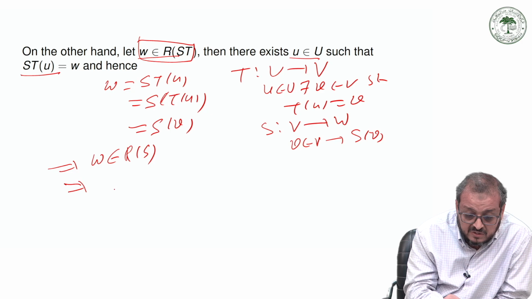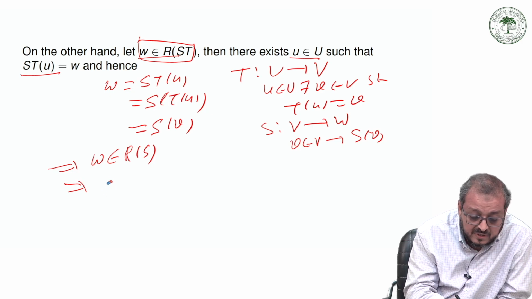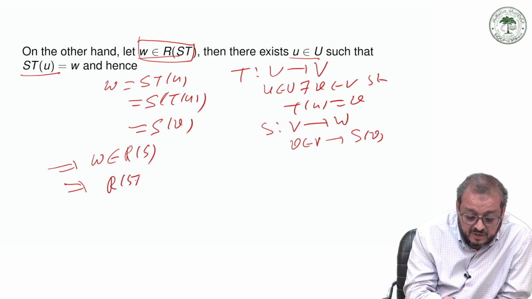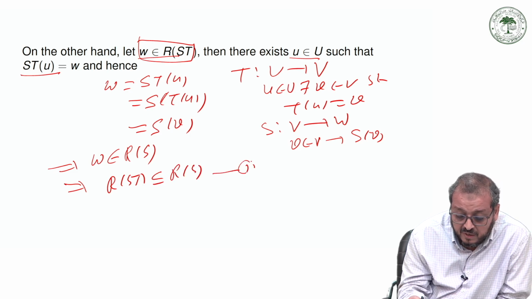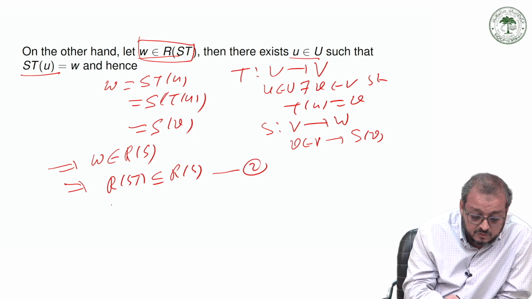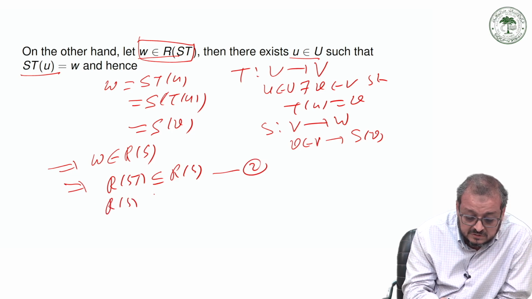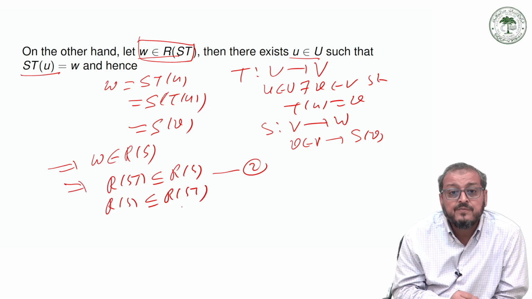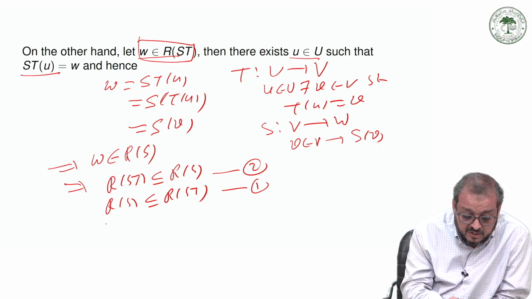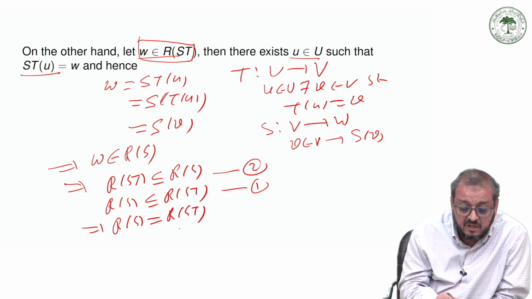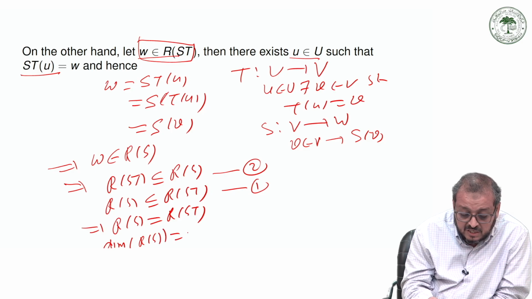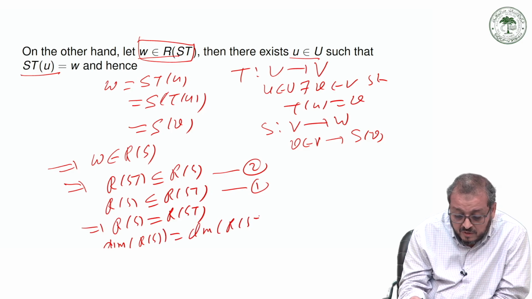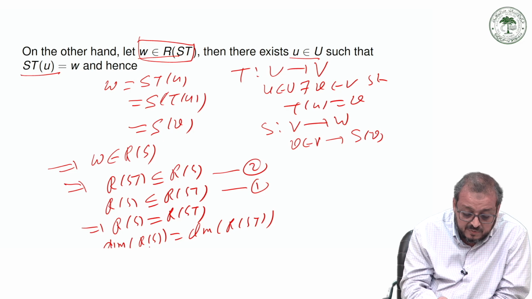So by this we can say that, by the set theoretic property, the range of ST contains the range of S. The second part we have already shown: the range of S is contained in the range of S of T. Combining these two, we can say that the range of S is the same as the range of ST. Now take the dimension of both: the dimension of the range of S is the same as the dimension of the range of ST,